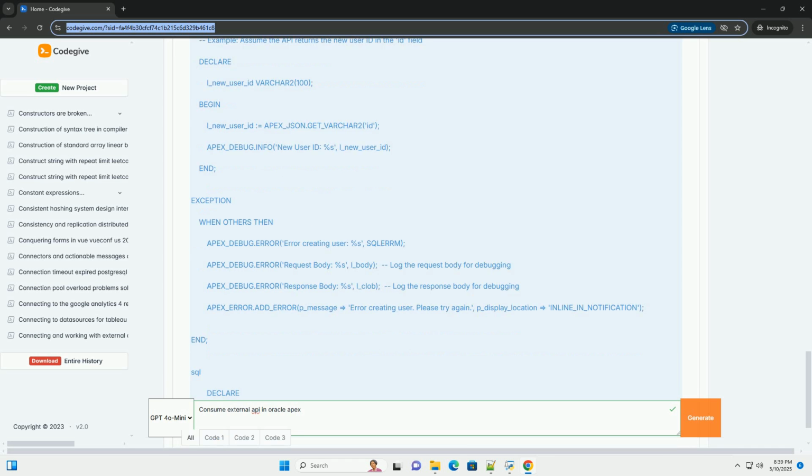Let's assume we have an API at https://api.example.com/users that allows us to create a new user using a POST request. The API requires an API key to be included in the header. 1. Modify the PL/SQL code for POST with API key. Explanation: